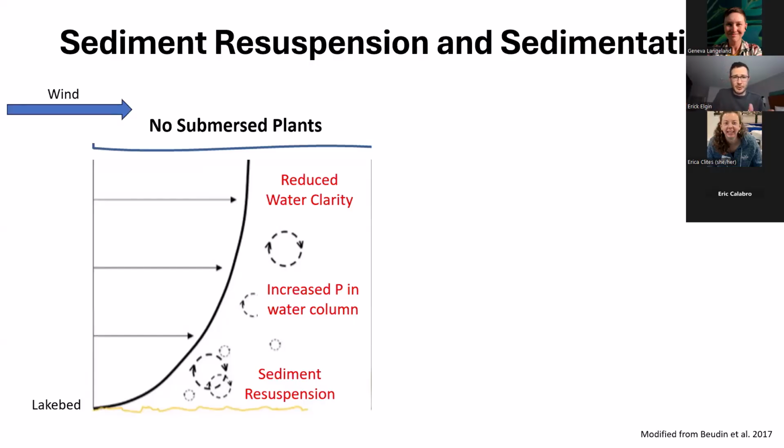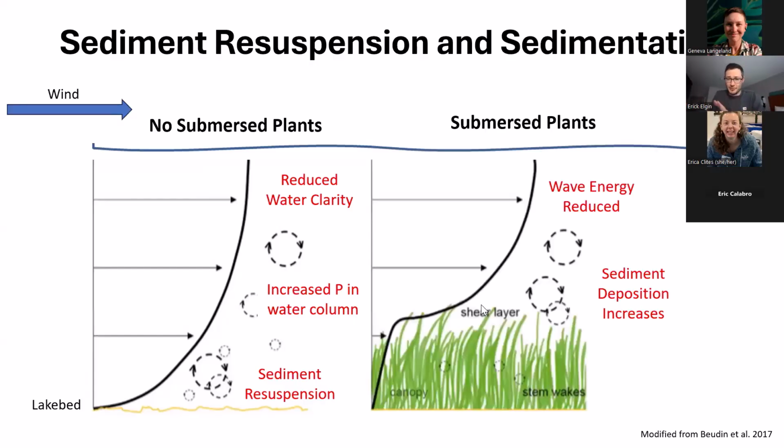Now, I'm going to keep this same graph, but we're going to look at it when there are aquatic plants present. So now we have waves going across, but instead of that wave energy reaching the bottom of the lake, what we're seeing here is that the aquatic plants are absorbing that wave energy, buffering the sediment, kind of carpeting it, keeping it in place. And so now there's not enough wind energy reaching the lake bed, and sediment resuspension is very minimal. And so you're not getting that release of particles up into the water column,